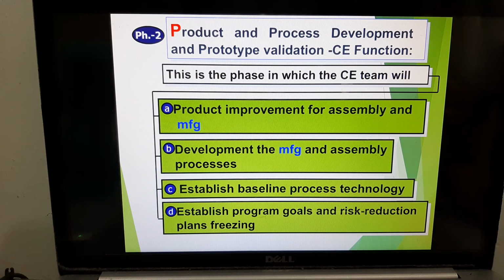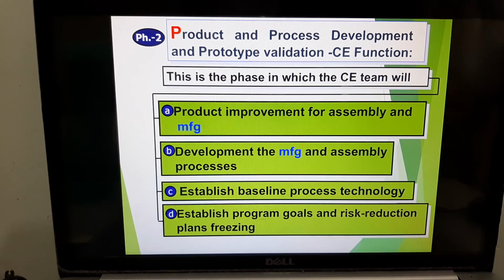Secondly, you're going to do a product and process development and prototype validation. Based on the brainstorming session that you did previously, you have product A, product B, product C. You have done your cost analysis for product A, product B, product C, and you find that product B is your best option. So you decide to